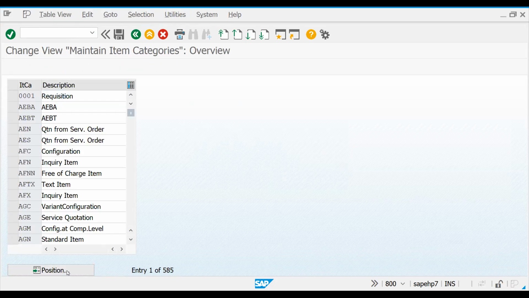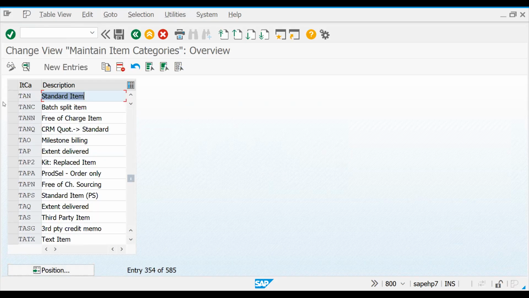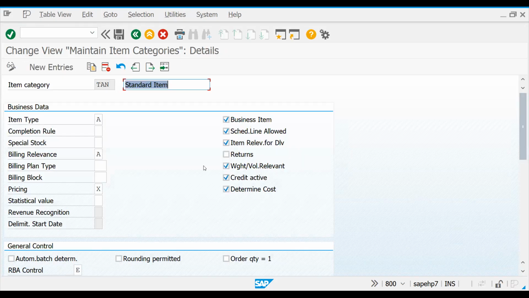Let's come first to settings. Okay, it's credit active. Let's come to